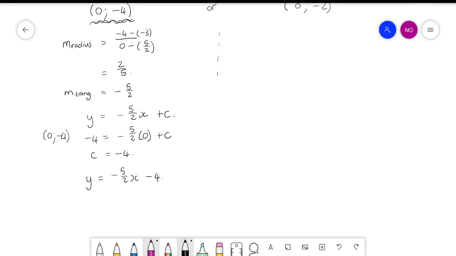En dan gaan ek presies dieselfde by die ander punt ook doen. Ek gaan sommer vir julle neerskryf sy radius is -2/5. So die gradiënt van sy raaklyn